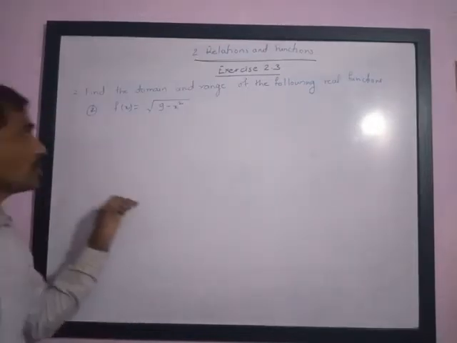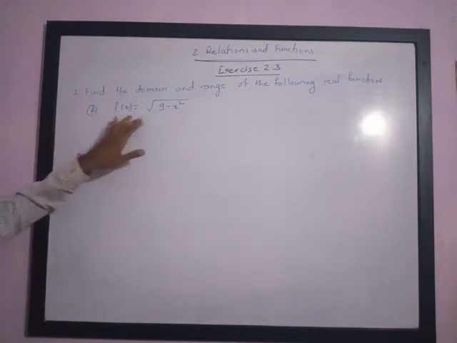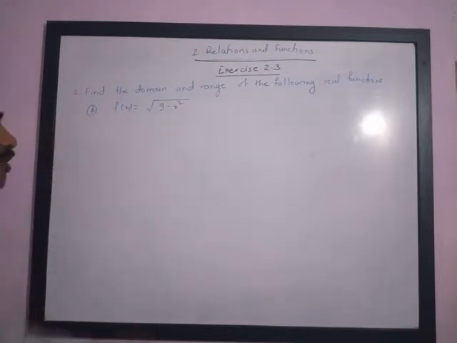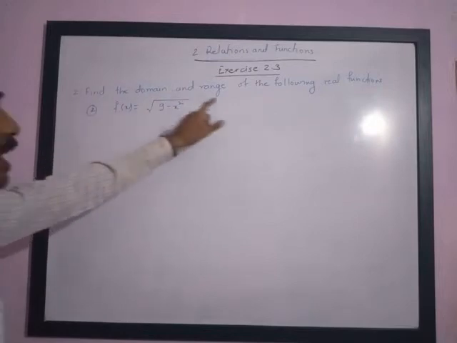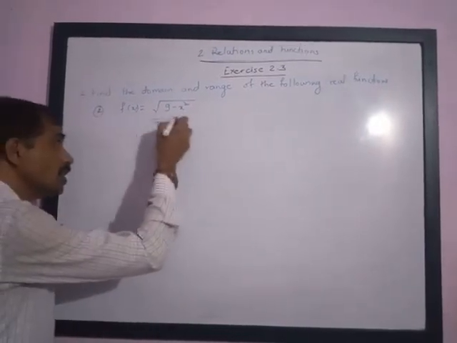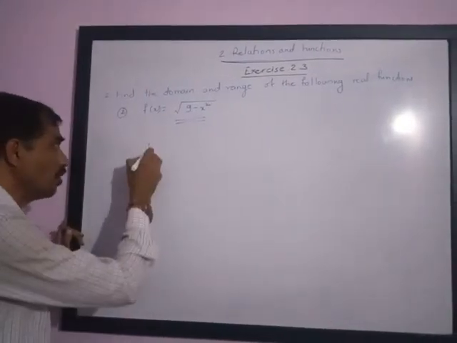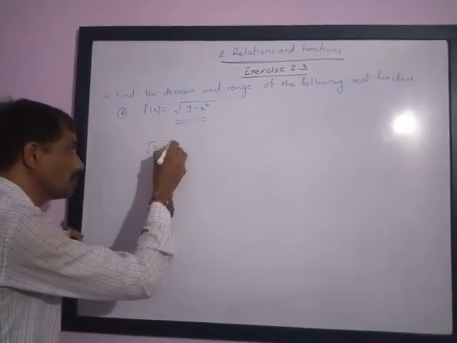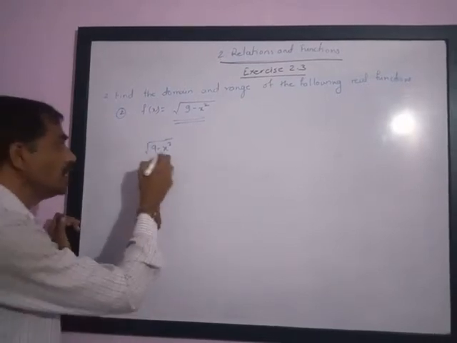Now the next sub question is f of x is equal to root of 9 minus x square. We are asked to find the domain and range of the following real function. This function is a real function. Now for this function to be real, for 9 minus x square, try to understand, if we take the values